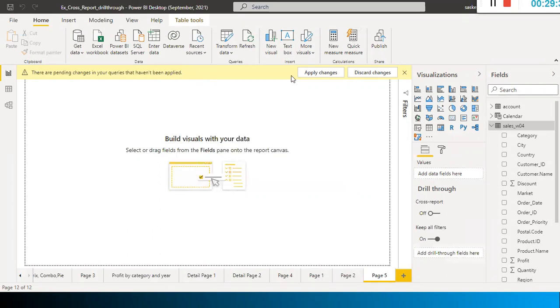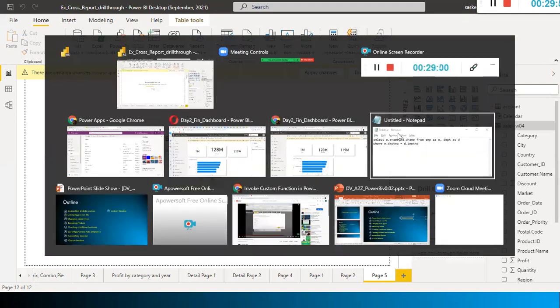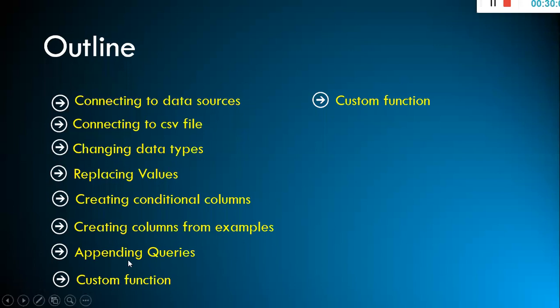Okay, close it. So that's not a problem. You have some column name missing, because of the steps. It is maintaining that somewhere. Apply changes. Okay, it will take some time. And next, we'll take a look at this one, the custom column: how to create a custom column, and then how to create a custom function. Okay.